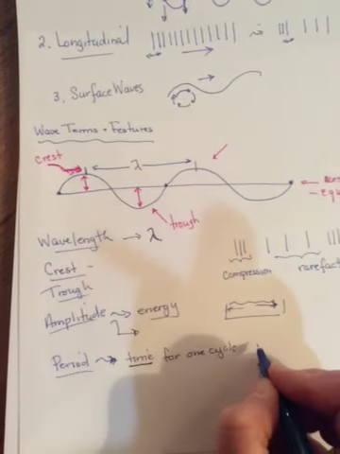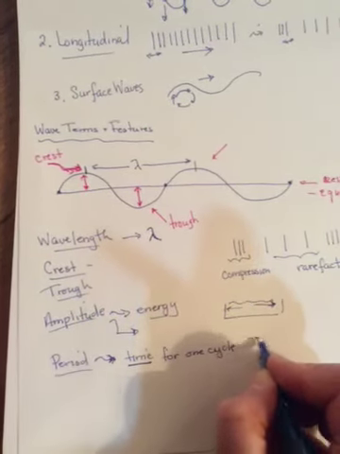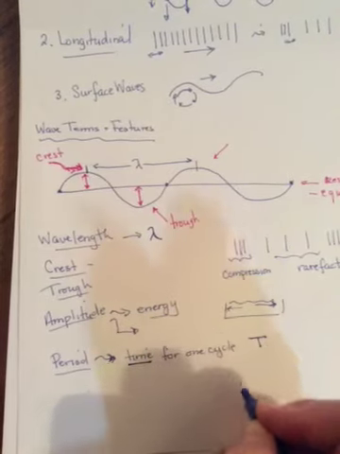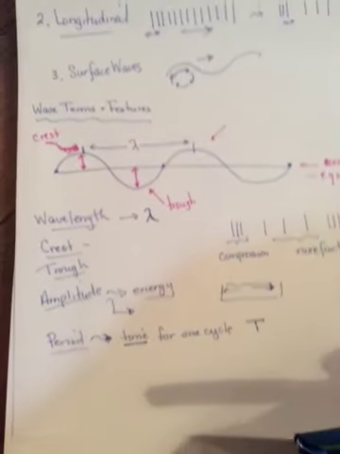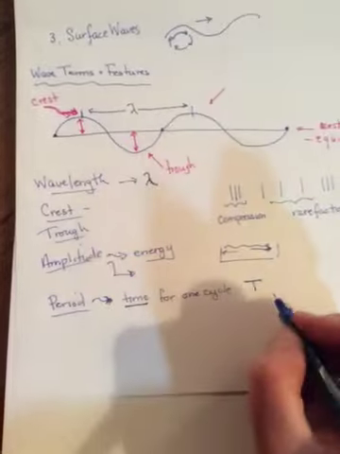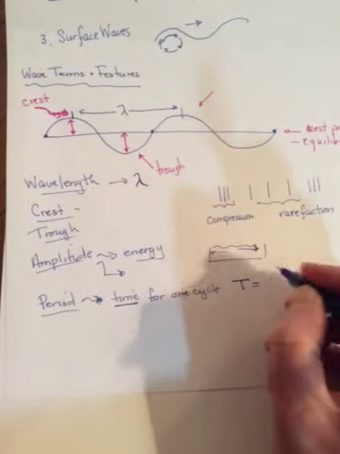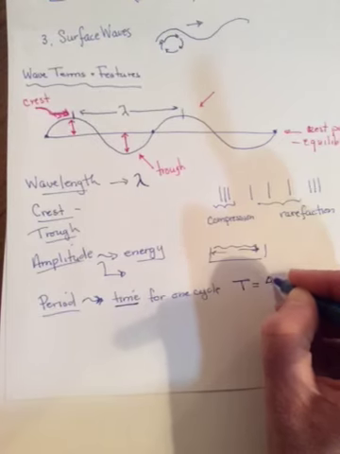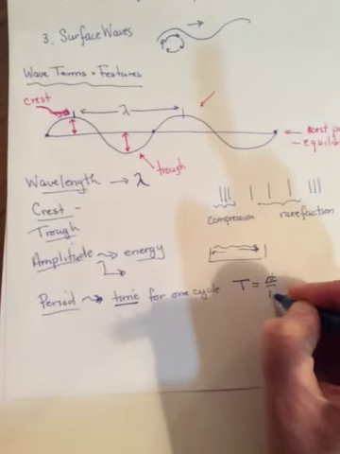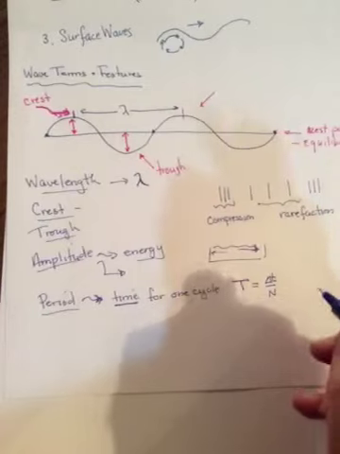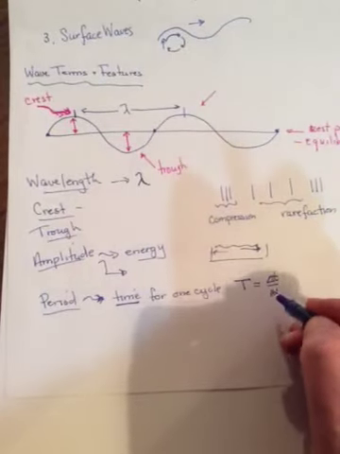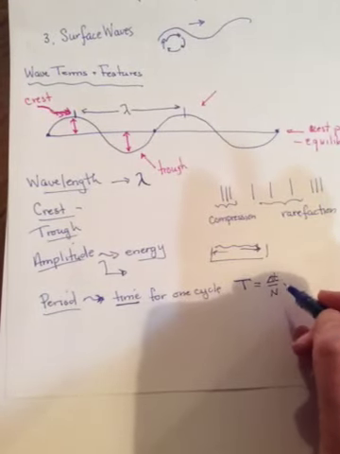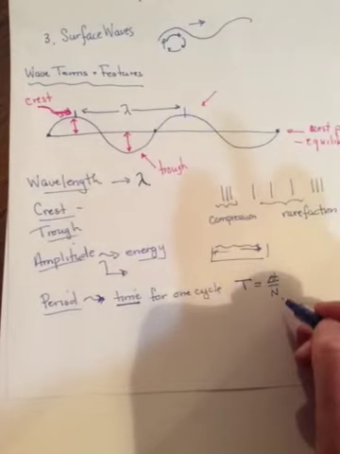Because it's a time, its symbol is a T, but we use a capital T because the small t is just time in general. Okay? And so its equation to solve it then would be the total amount of time that has passed divided by the number of cycles that have happened. So if 8 waves go by in 20 seconds, then the period would be 20 seconds divided